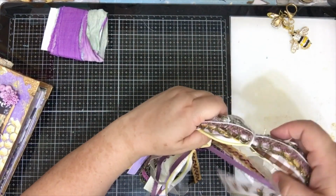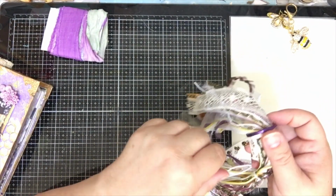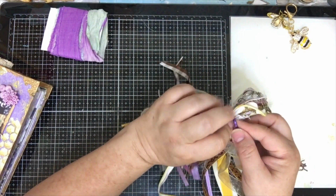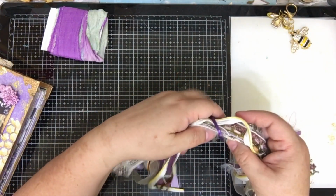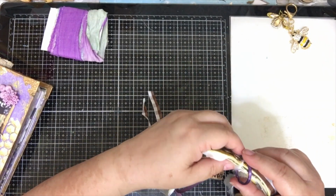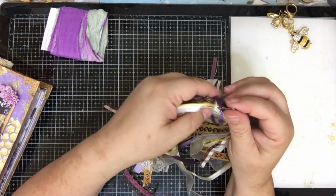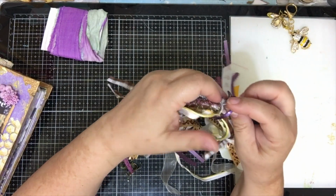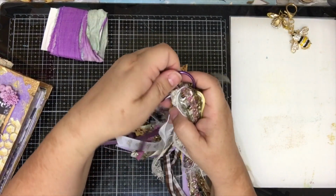Again, I just want to pull one side through once I have everything through the right way. Okay, there we go. So with this, if the keyring part bothers you and you don't want that showing, then just put it toward the bottom of your tassel. And then, once you have it where you want it,